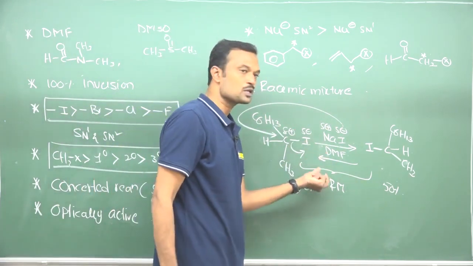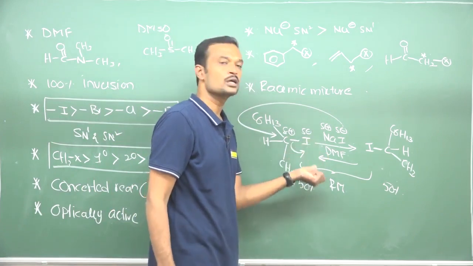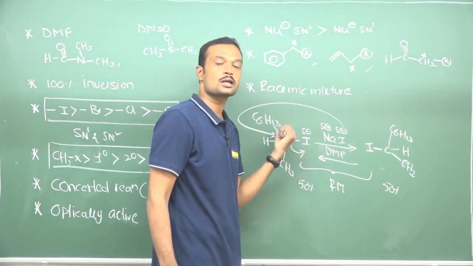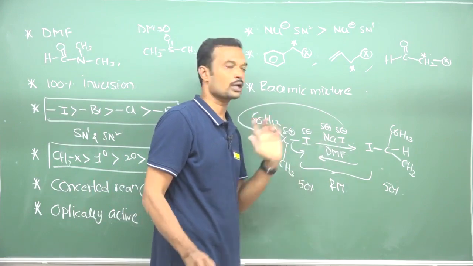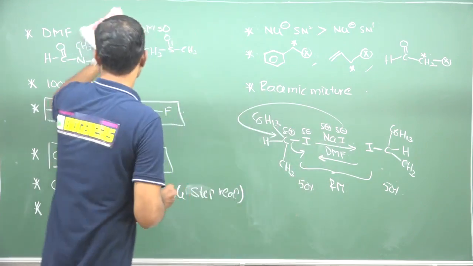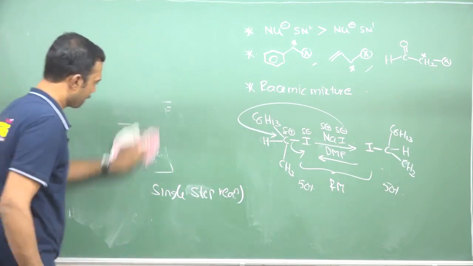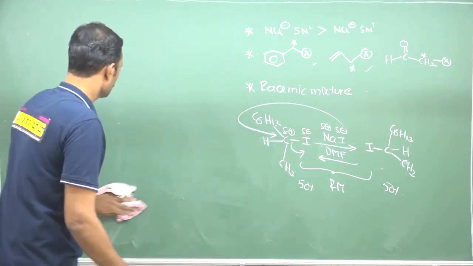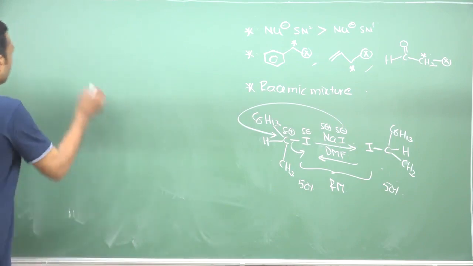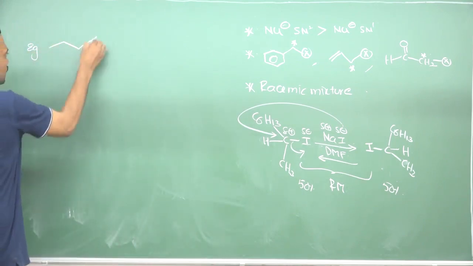If you want to get racemization in an SN2 reaction, definitely we need to use a similar kind of nucleophile and a similar kind of leaving group. Then only these kinds of reactions are possible. Next, go through one more. You can expect this kind of reaction very easily with a chiral center.